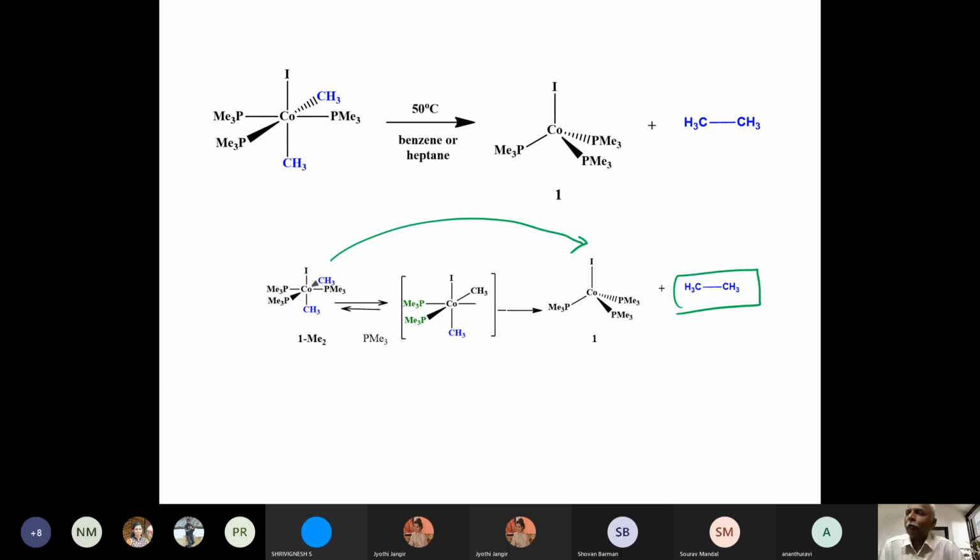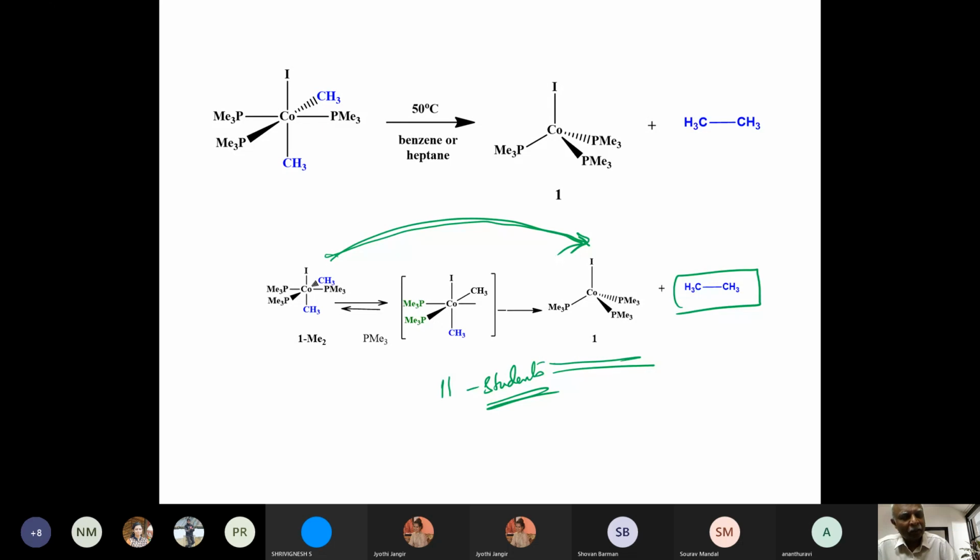Okay, so let me see. All of you, 10 of you have lifted your hand saying that there is a direct formation of ethane. 11 students. Now the only problem is I don't know whether the others are switched off or whether they don't want to say anything about the reaction. But I would have also voted with you and said that this will go directly from here to here.